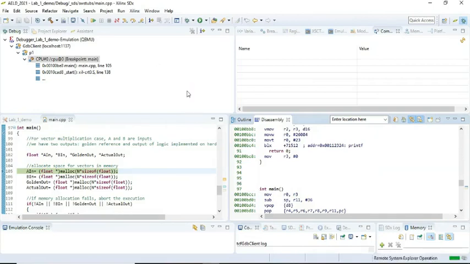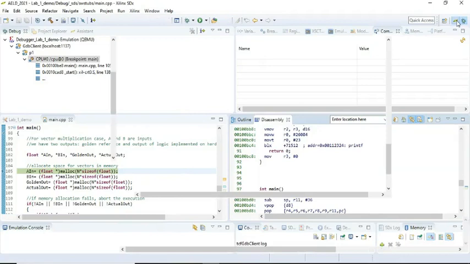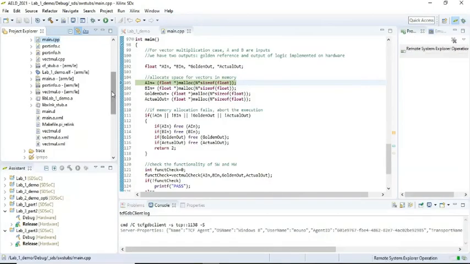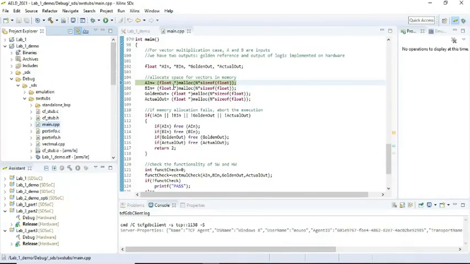Next, coming to the second point, let me go back to the previous default state.